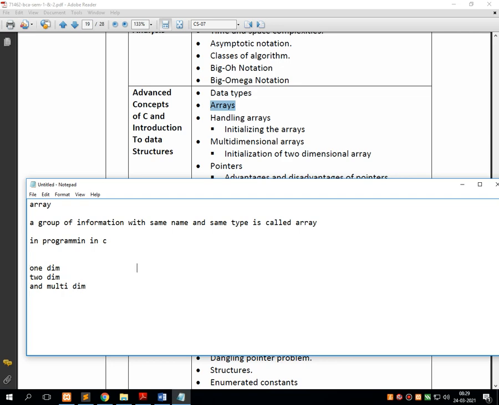To declare a one dimension array, first we have to give any basic data type or any valid data type available in C, then the name of the array, and into the brackets we have to give the size of the array.